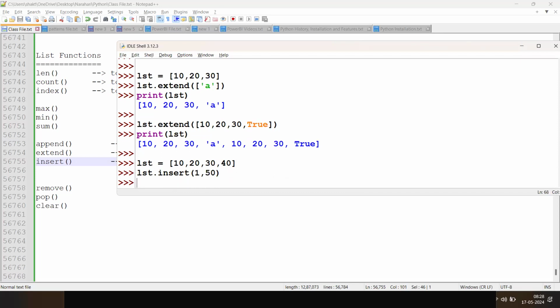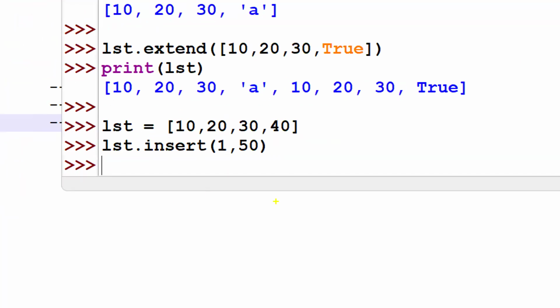So what does it mean here? Right now, the index numbers of the input list are 0, 1, 2, 3. Now 1 comma 50 means, in the result list,